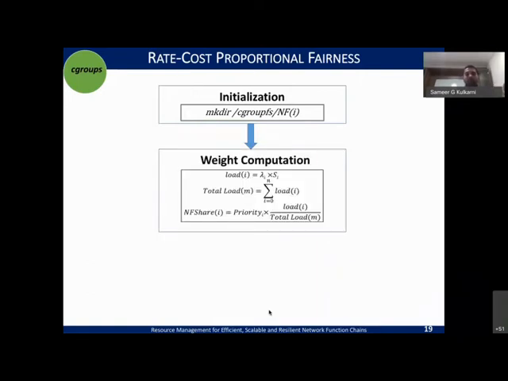So what we do is we build a weight computation logic that looks at the current load for that NF, and given that this single core is shared by different NFs, what is the share of that particular NF's load?